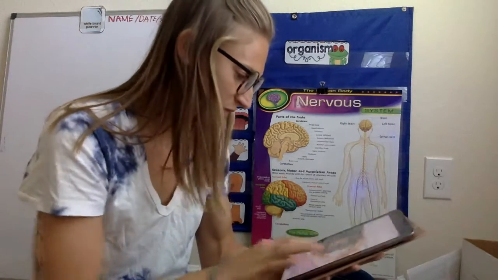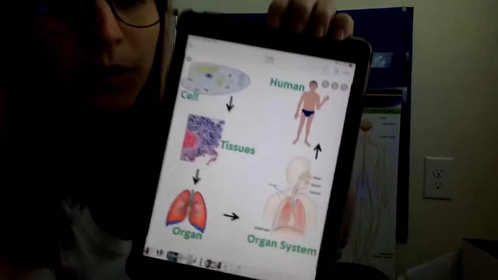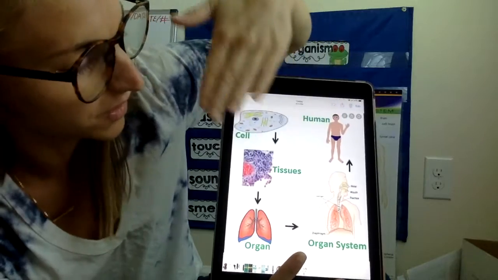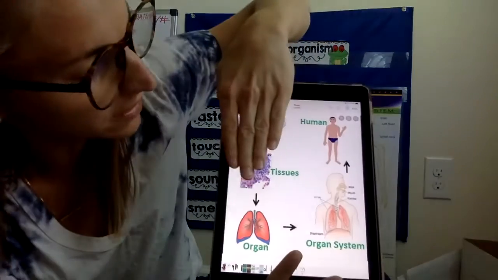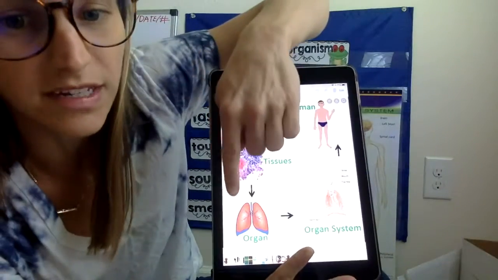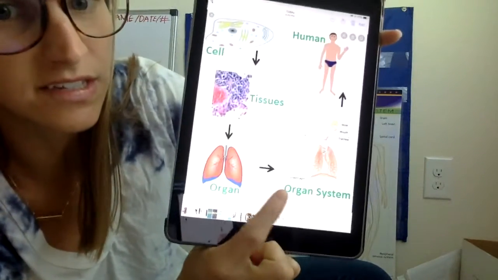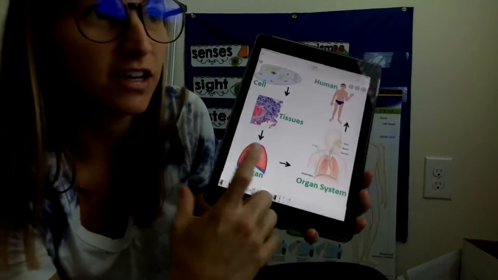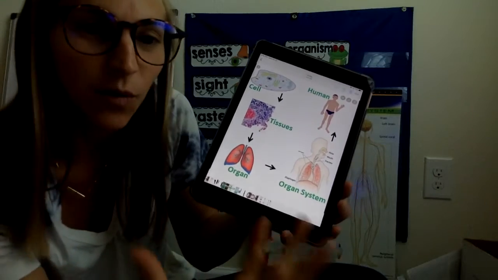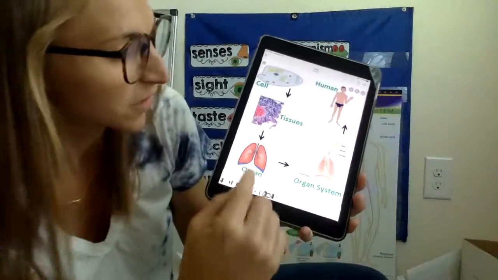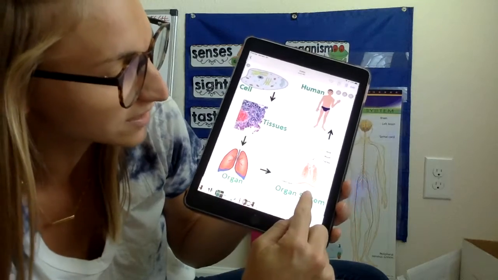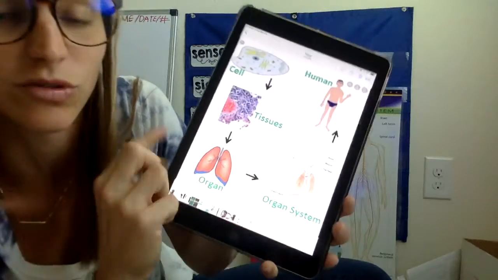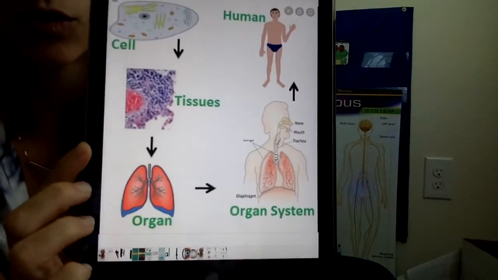Okay, so let's do this one. A little breakdown is it first starts off as little cells. When those cells form together, they call it tissues, so that's kind of some 6th grade stuff. But here's the 3 things that we just read about. Let's take organ as number 1. In this example, this is lungs. Your lungs is an organ. Now, you can't just function off of one organ. You need a bunch of organs that work together to make the system work. So the organ is actually part of an organ system. It's not just your lungs, it's working with your diaphragm and your trachea and your mouth and your nose. So there's different parts of the body that organ is working with.